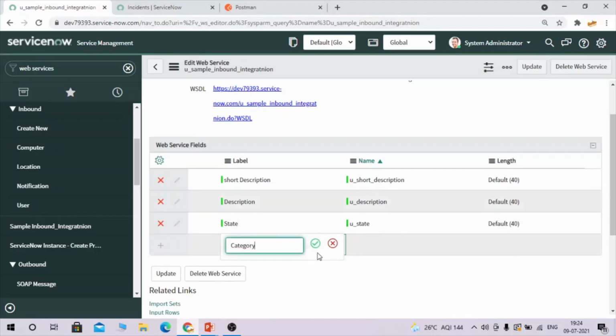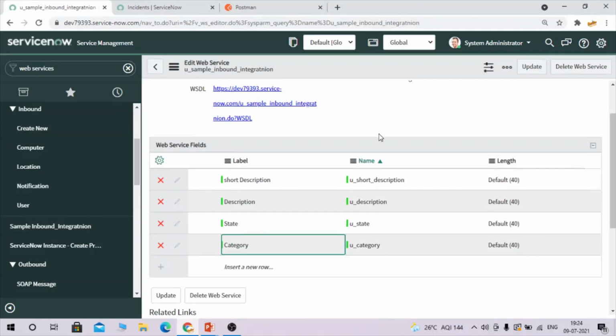Whenever we start doing an integration, we first ask for the endpoint, then what type of authentication is required, and then the fields, that is, what all fields you want to map in ServiceNow. These fields will be provided by the client, so you can create them as per that.